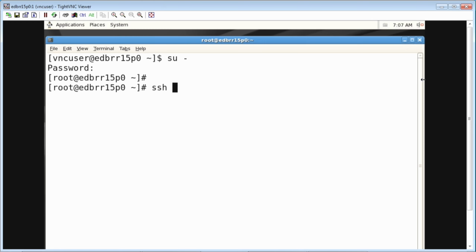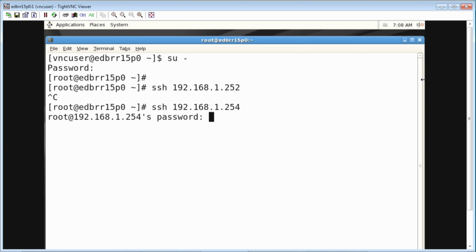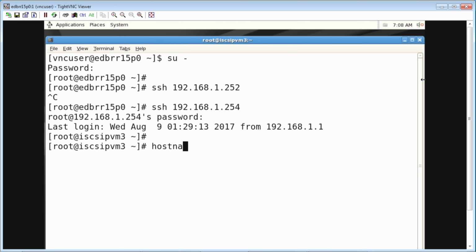Okay, this is for me. This is the IP in the example of the practice, but for me it was 254. So the password is cangetin1. So you see that I'm connected to the